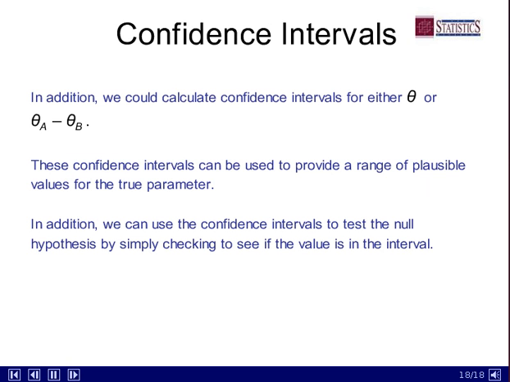Now, we could also use a confidence interval. We could calculate confidence intervals for both theta or theta A minus theta B. Okay, I didn't present that, but we could do it for both individual one proportion tests and two proportion tests. These confidence intervals can be used to provide a range of plausible values for the true parameter, much like they can for a single mean or a difference in means. In addition, recall, we can always use the confidence interval to test the null hypothesis by simply checking, is the null value inside the confidence